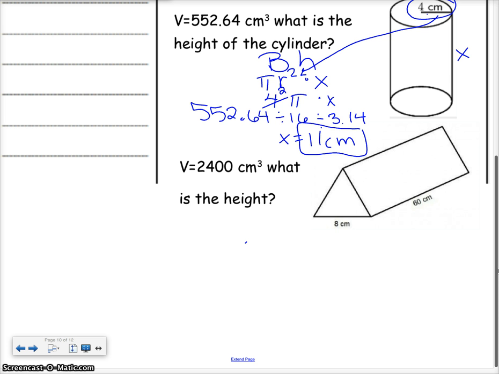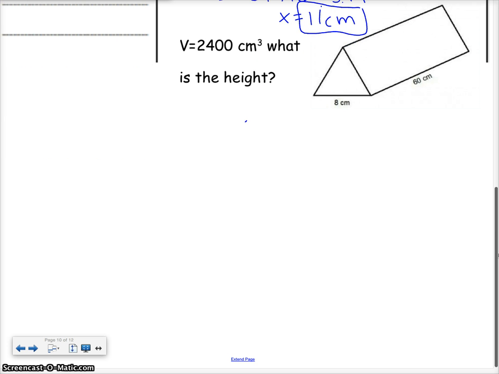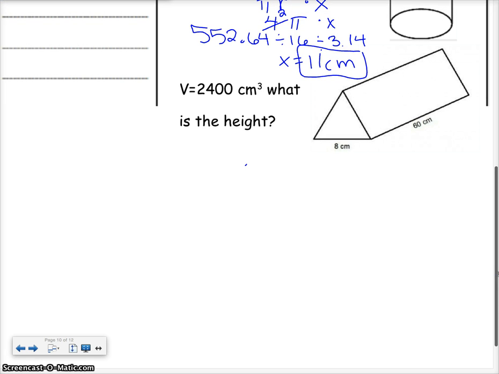And one more working backwards. So if the volume of this triangular prism is 2400, what's the height of the triangle? I'm looking for the height of the triangle. Well, here's what I know. Big B times H, which is little b, times the height, divided by 2, times the height of the prism, 60. And then you start working backwards. I also know little b is 8, so I can go ahead and fill that 8 where that little b is, and you can start working